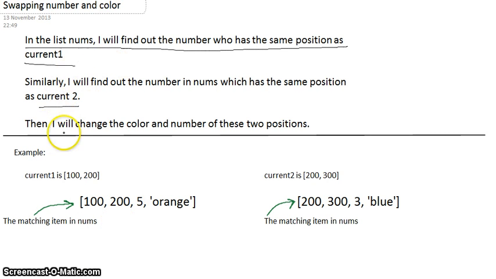Okay, I'll change the color and number of these two positions. How can I do this? If current one is this, for example, and current two is this, and I iterate through all the items in nums, I find the matching item in nums whose address is the same as current one. Also, I find the matching item in nums whose address, I mean 200, 300, is the same as the address stored in current 2. After that, I will simply swap the positions of the number in the first current one